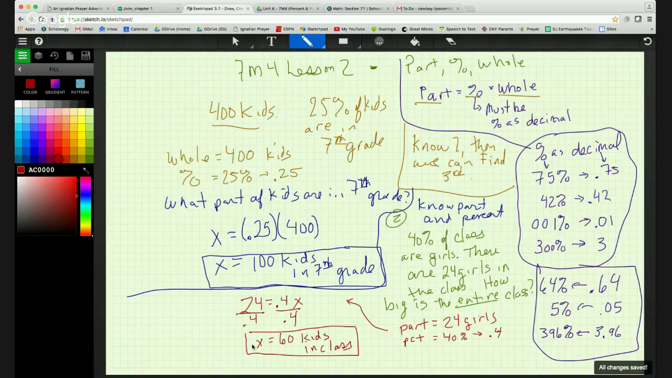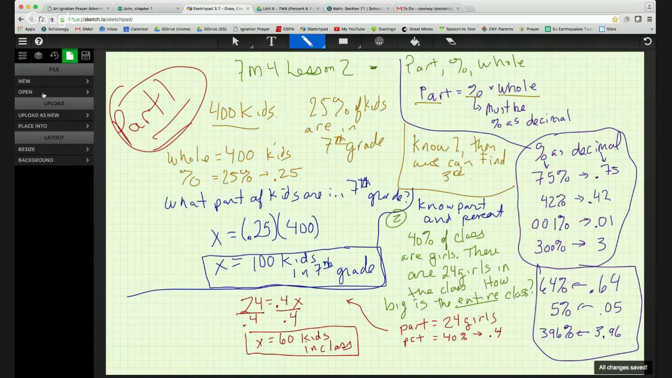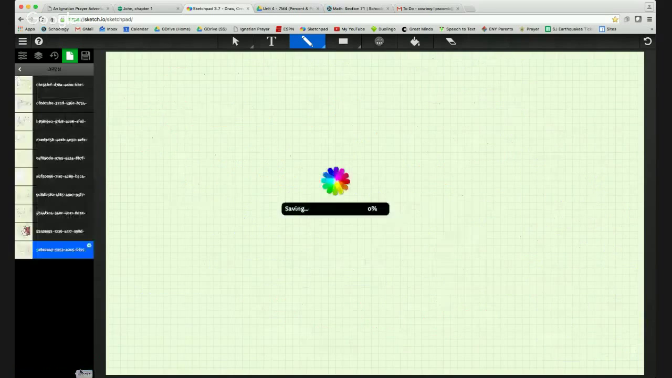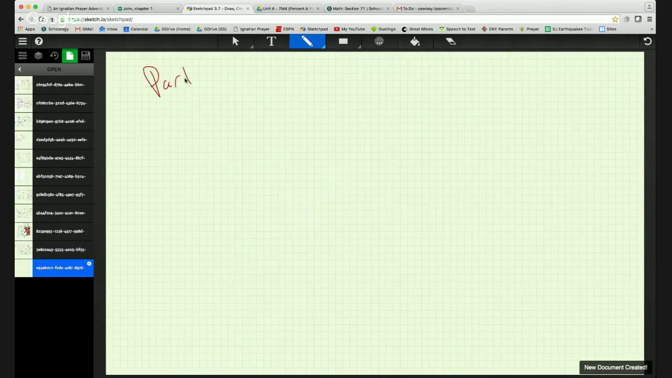All right, so that's just the basic version of how we do part, percent, whole, but we're going to use a new structure. This was part 1 of our lesson. Now we're going to move on to part 2 of the lesson. In this part of the lesson, we're going to learn a new construct, and the construct is going to be a picture that's going to help us